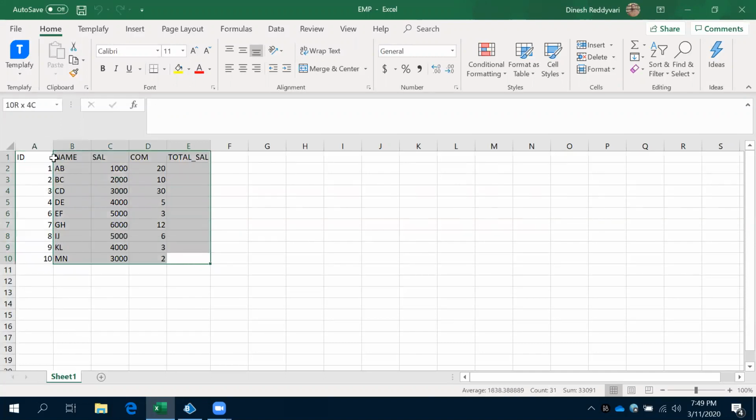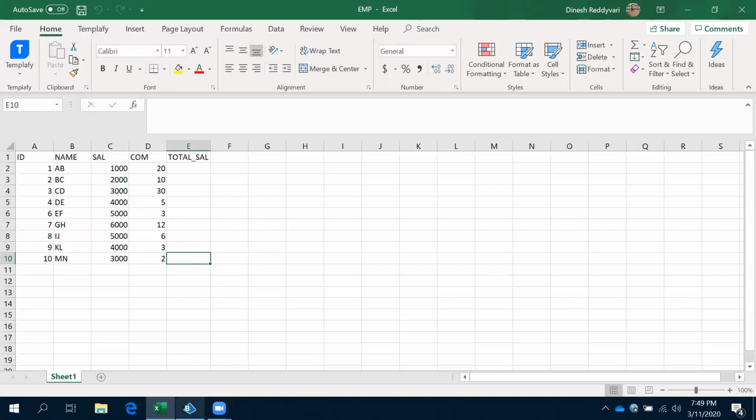When you have this kind of data, manually what we are going to do is create a collection, and then in the collection we have to create the data manually. That is a defined collection. If you have more records, it's not possible to create one by one. If you have more columns, it's not possible to create one by one. To do that, we are going to use MS Excel VBO.